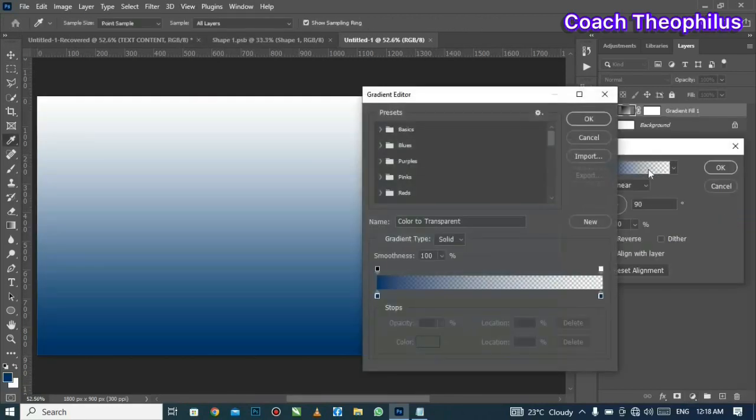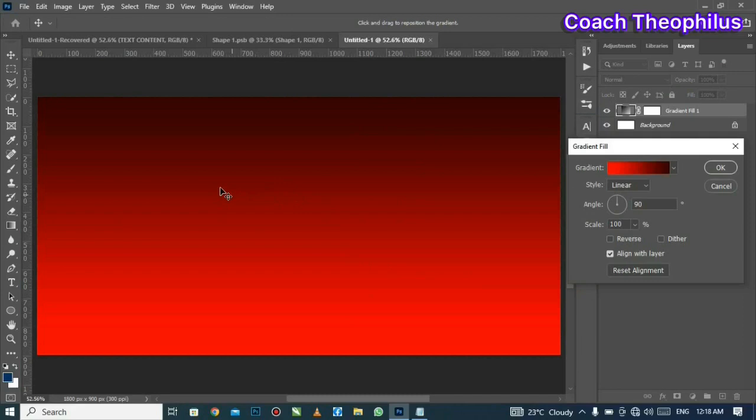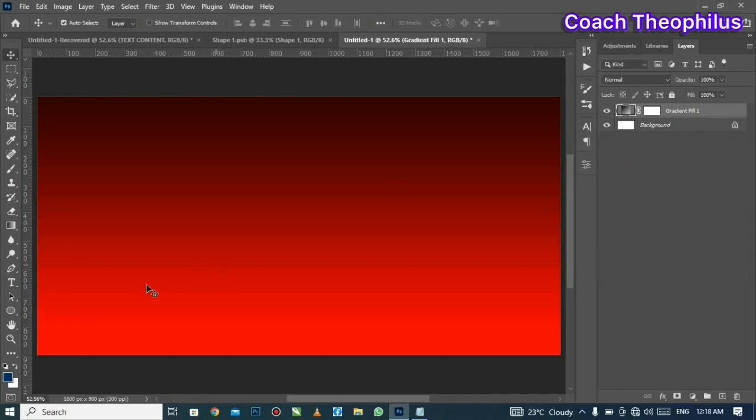From here I'm going to go to adjustment layer and take gradient. I already have my gradient set, so I'll just click on my gradient from here. Then I'll click OK from here, and I'm going to drag it to the top like this. Then after that I will click on OK from here, and I will take the pen tool from here, and